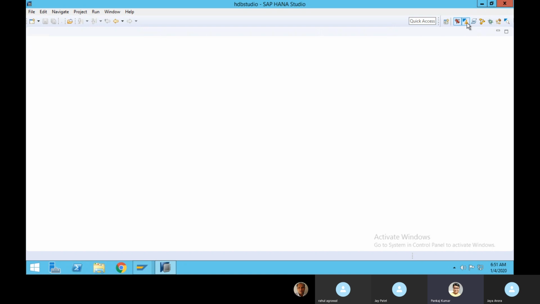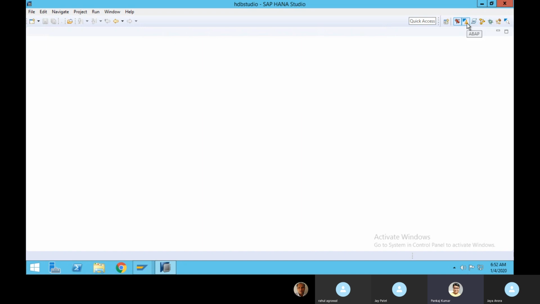At that point of time we are going to see it. Mostly we are going to use the SAP HANA modeler or SAP HANA development. Both are fine for our modeling development. We can select any one of these two.